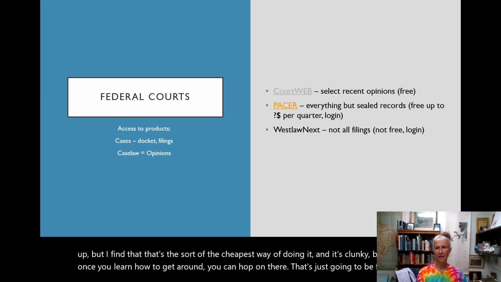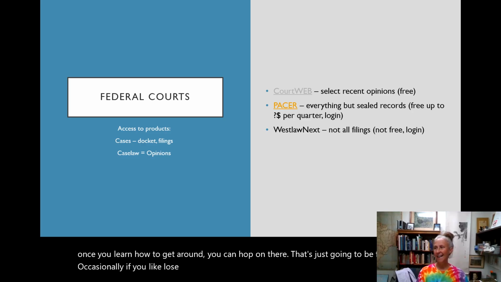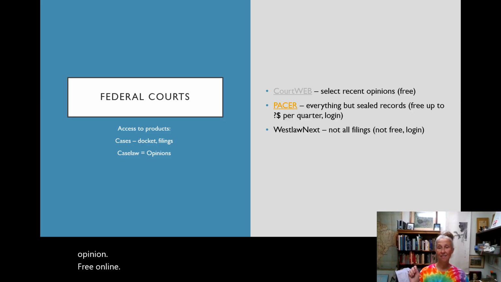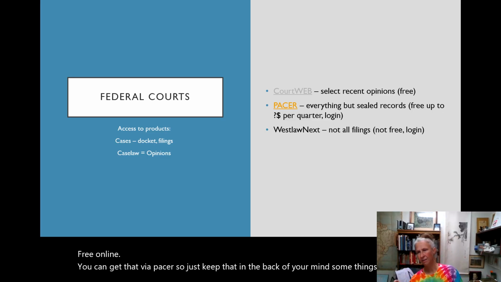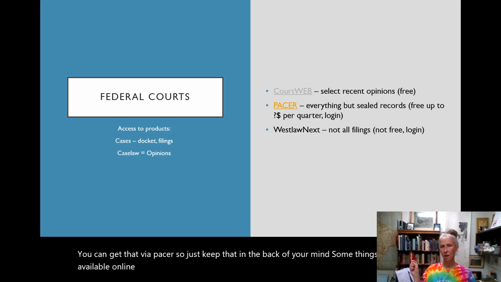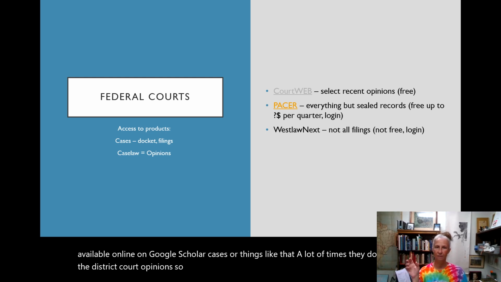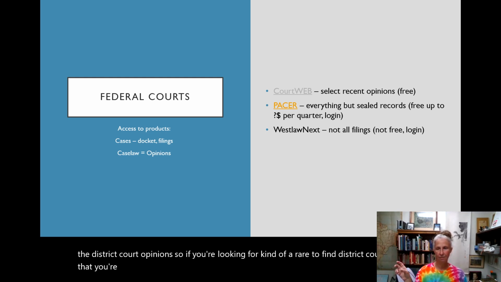Occasionally, if you lose access to Westlaw and you're having trouble finding your federal opinion free online, you can get that via Pacer. So just keep that in the back of your mind. Some things are not available online on Google Scholar cases or things like that. A lot of times they don't have all the district court opinions. So if you're looking for a rare, hard to find district court opinion that you're not seeing free online through